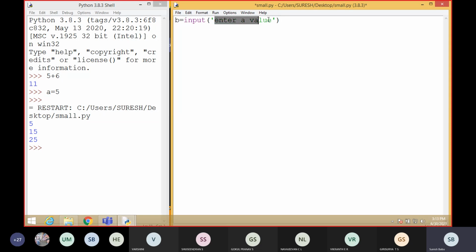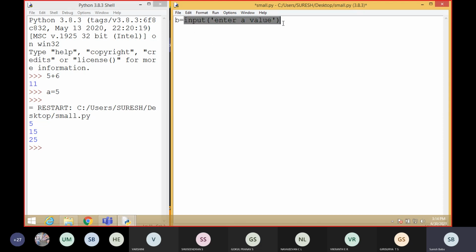You can give anything here. Without this also you can definitely enter the value, but this is also used to display to the user, whoever is executing the program, so they understand what is going to happen in that particular step. If it shows like this, you will enter the value.